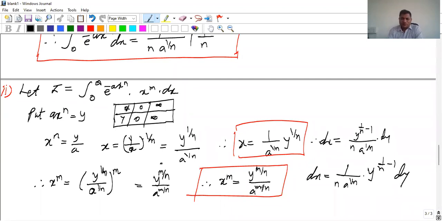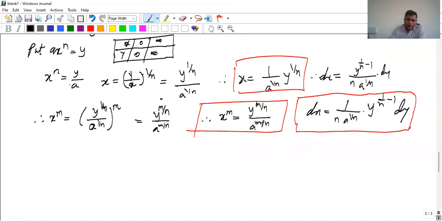Are you getting this one? Yes, sir. So we got x, we got dx, and we got x raised to the power. Okay, so we got almost everything that is required, and hence we can say,